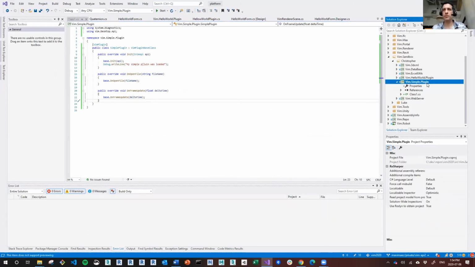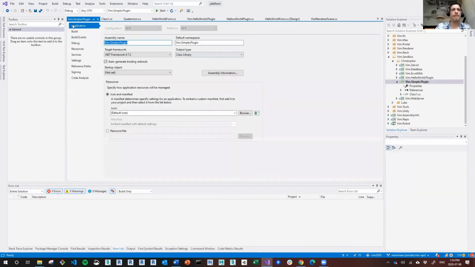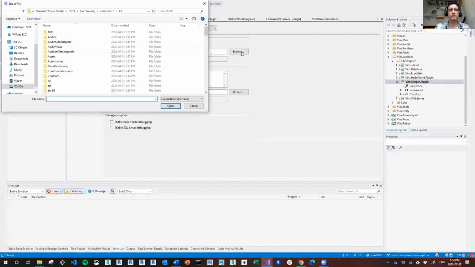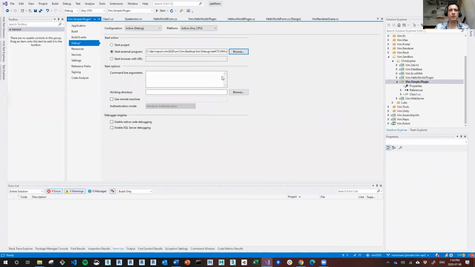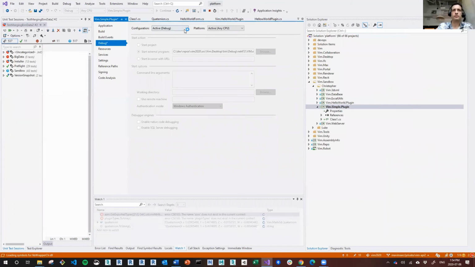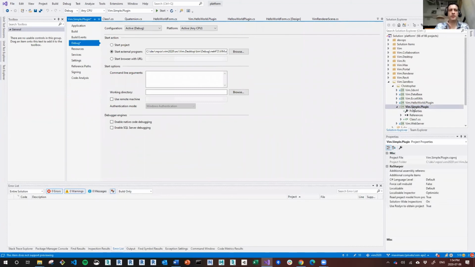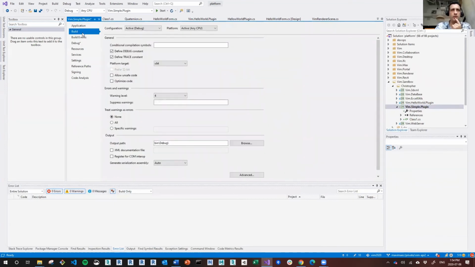So with this step, you go to properties. Remember I told you about the debugger? You go to start external program, you browse to it. For me, it's there already. I remember what it is. Good. Debug it, run it, press F5. Off we go. The other thing we have to do, which is very, very important, this is the final step, is to make sure that the output of the application, so build, your output path